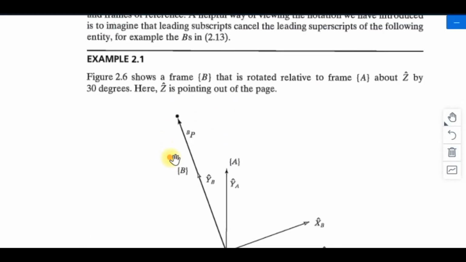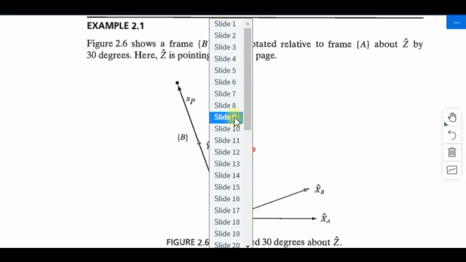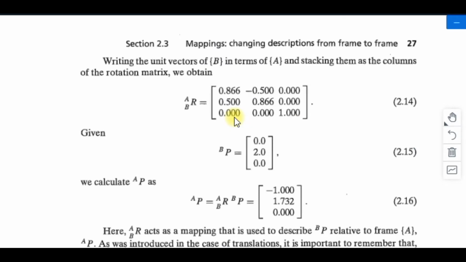So look at this problem. Here the frame B is rotated relative to frame A about Z by 30 degrees, where Z is pointing out of the page. Now you have to calculate the position of point P. Okay, so for this purpose we have to consider